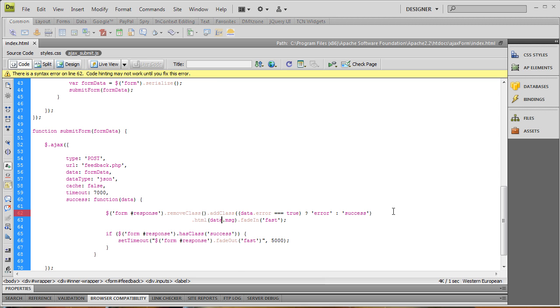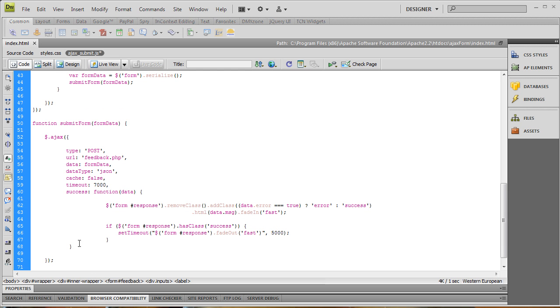I should have fixed it. Anyway, so let's move this brace back over here because this is the closing brace for our success callback. So if the data sent back is error or success, we're going to put that message into the div depending on what it is. And then if the form has a class of success, after 5 seconds we're going to remove the div from the form. So let's put a comma here and let's set up our next rule,